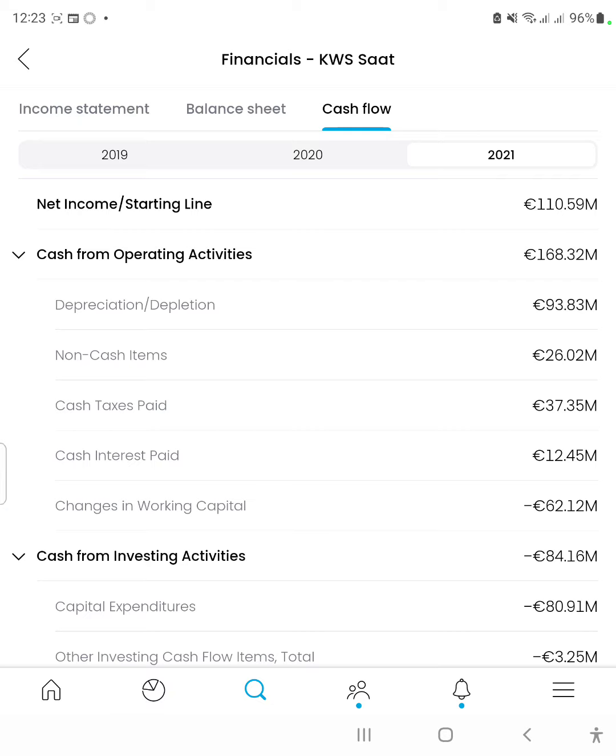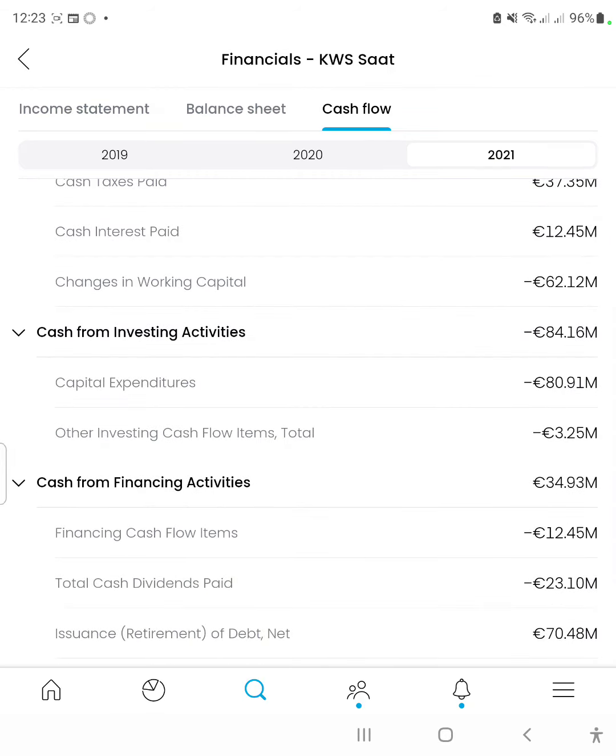And the cash from operating activities is the first part of the cash flow statement, which shows how much money the company made from basic operating activities, which was 168 million euros. Investment activities, the company spent 84 million euros on investing in property, plant, and equipment and other cash flow items. So 80 million of that amount was spent on capital expenditures, so increase in property, plant, and equipment, and other investing cash flows were